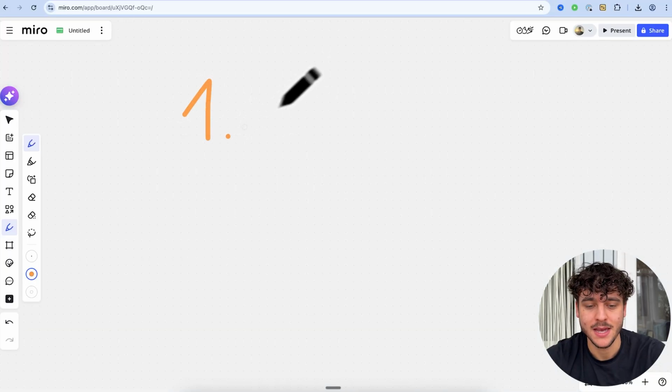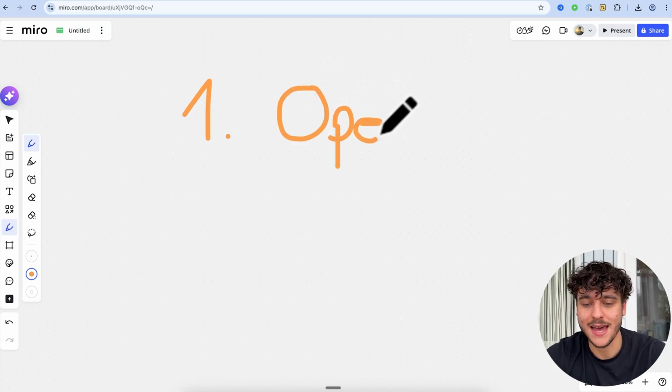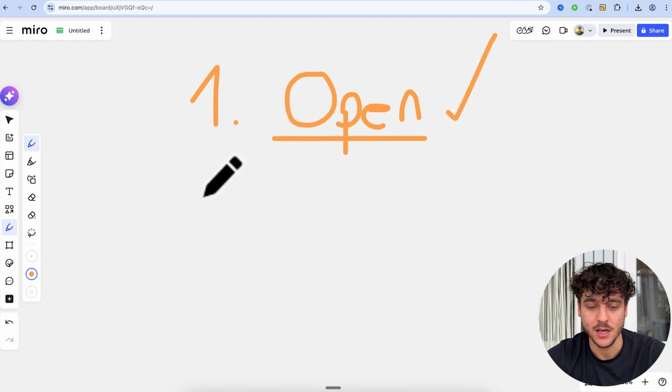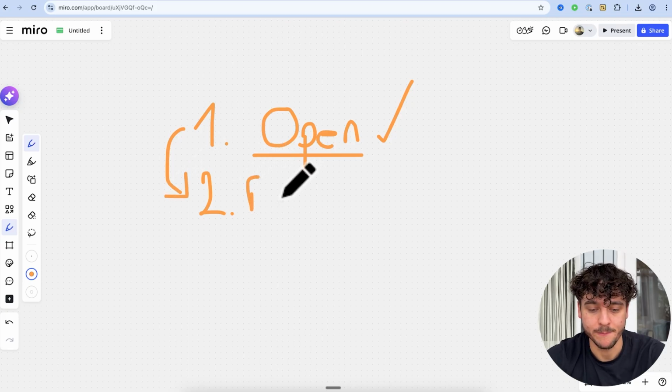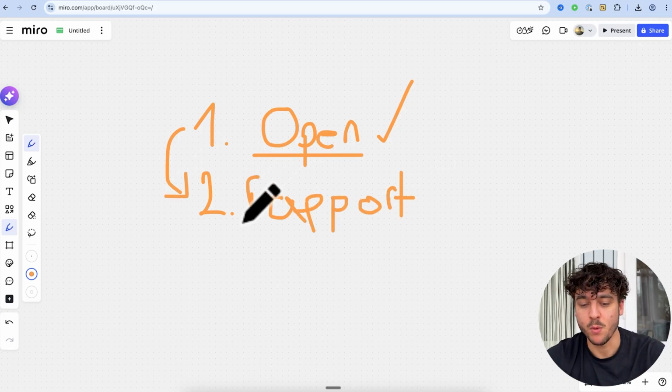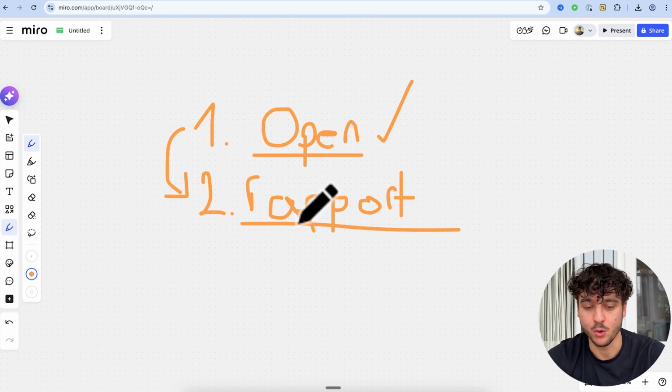Now, the first step is we need to go ahead and open the leads that we're talking to. Now, that is what we have done with the new follower outreach message. The opener is completed. The second step after they reply to this opener is we want to build rapport. Ignore my ugly handwriting, by the way,